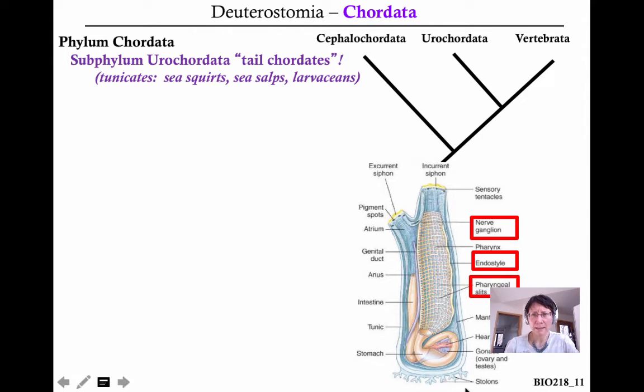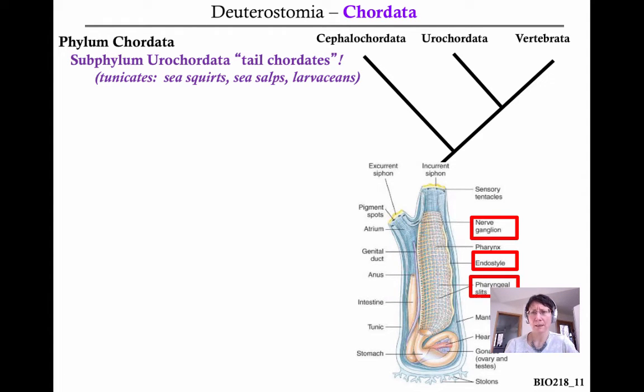They draw water in. These are the pharyngeal gill slits, and the endostyle is actually along the edge here. They're filter feeding this food through. The water actually will go through these gills, and it'll exit the excurrent siphon. You can see the rest of the gut here. And what I'm trying to point out in this diagram is those hallmark chordate features that you see in the